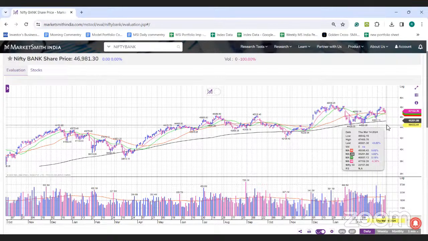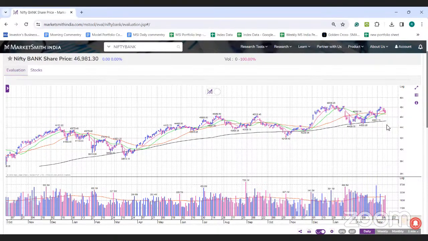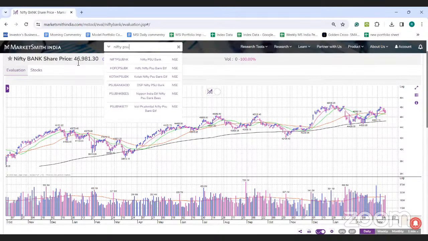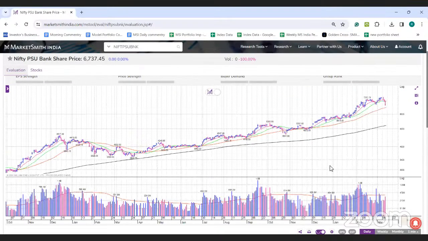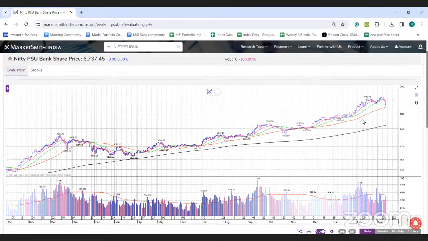3.5%. If you consider today's candle is not here, but if you consider today's candle, this was the only sector, बैंक निफ्टी के जो नेगेटिव में क्लोज हुआ, बाकी सारे इंडेक्स पॉजिटिव में क्लोज हुए थे आज. Broadly, if you look in banking, the selling pressure was much more in the PSU banks. अगर आप निफ्टी PSU बैंक का इंडेक्स देखो तो यहाँ पे, because the stocks were very much extended, this is